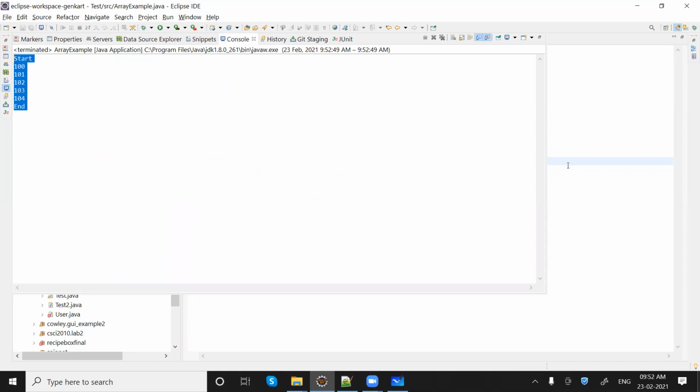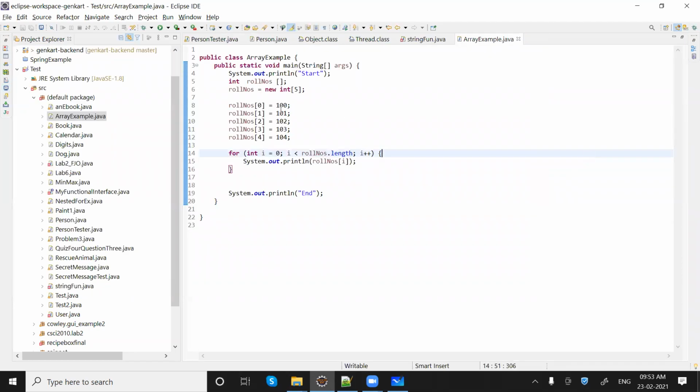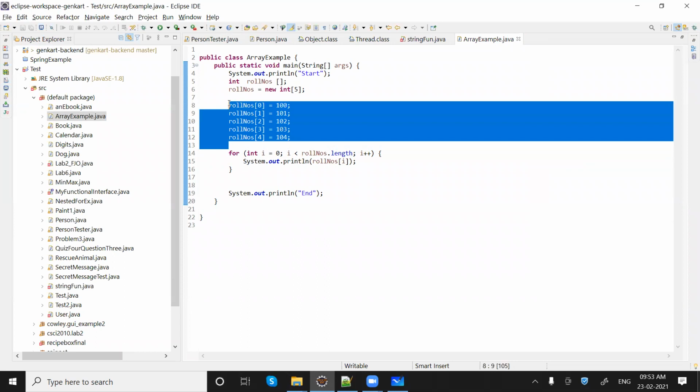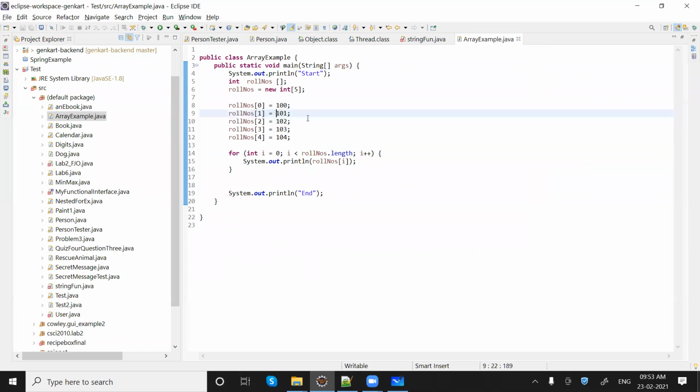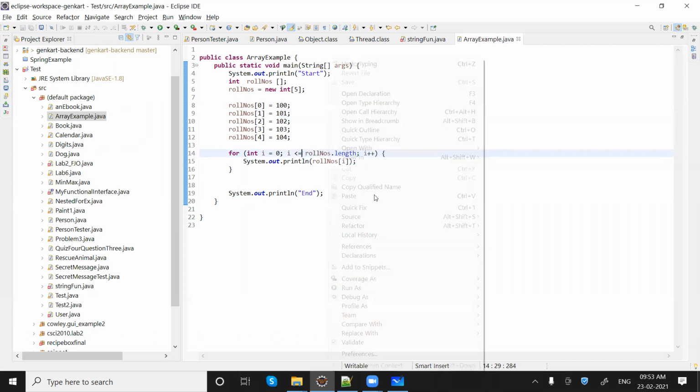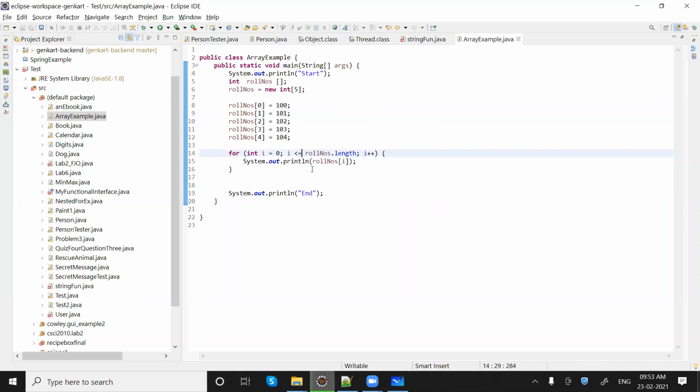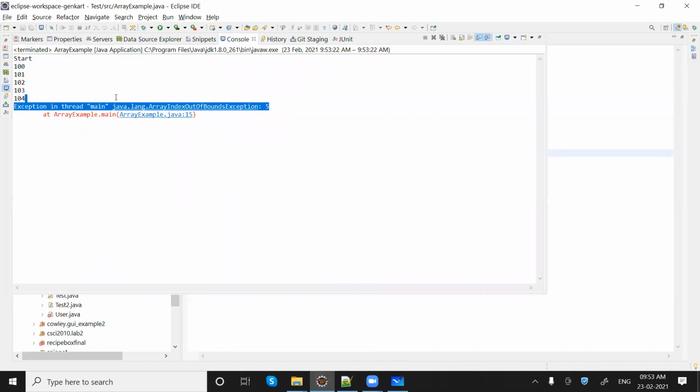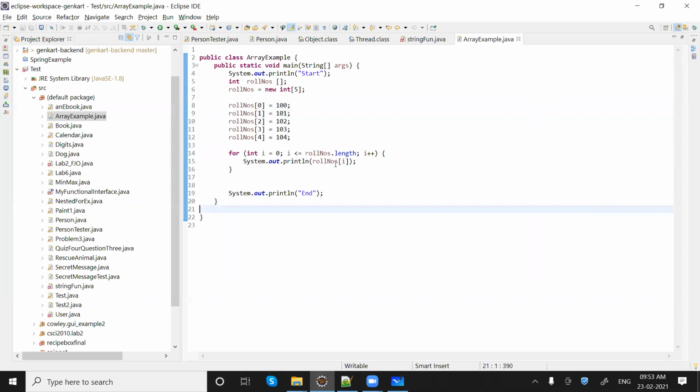Like what we were doing earlier, we don't really need to do that. Make sense? Here you can move this stuff into a loop as well. So whenever you work with an array, use this length property, and we cannot go till this point. If I say equal to, then you'll get an index out of bounds exception, you can see. So it should be less than, like this.